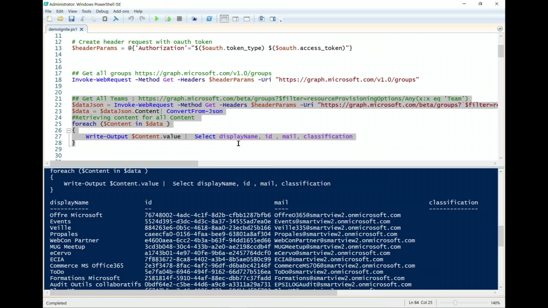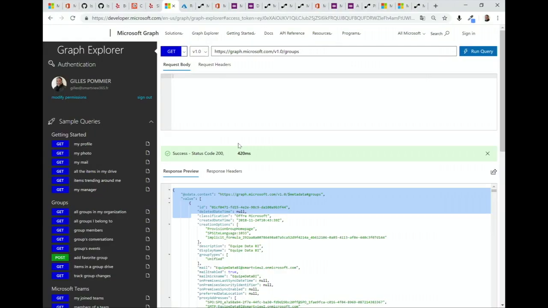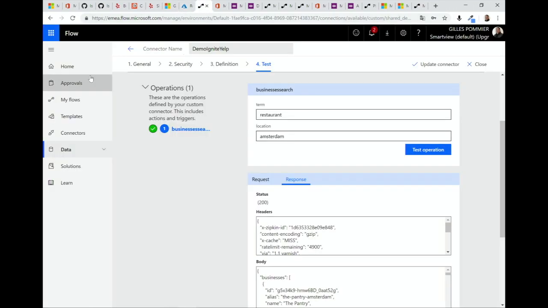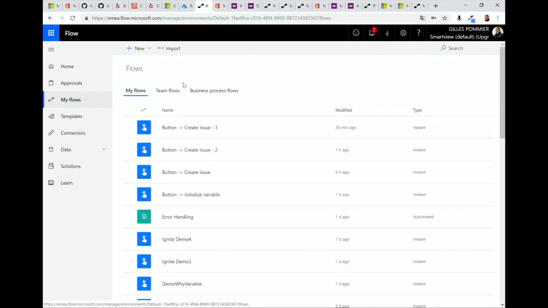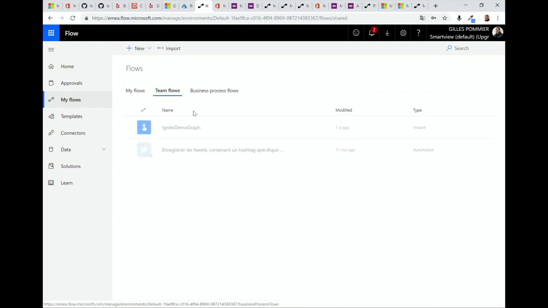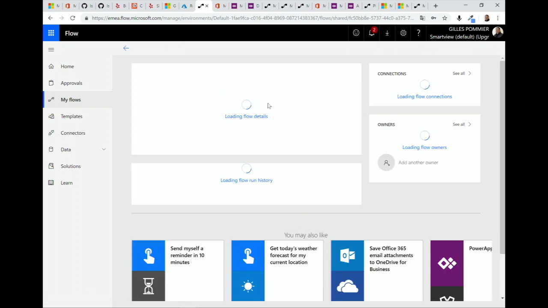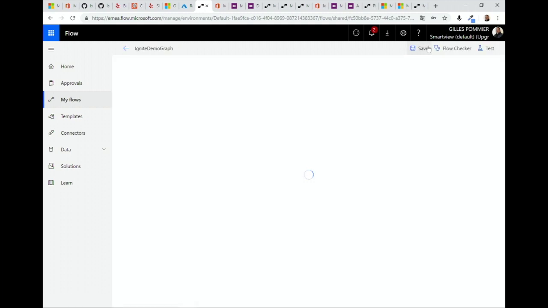If I want to do the same in Microsoft Flow, of course, I can do something like this. If I go back to my flow, and I click on the team flow, I have a demo graph that I used yesterday. And just to show you, if it's okay in my PowerShell script, then it will be exactly the same.